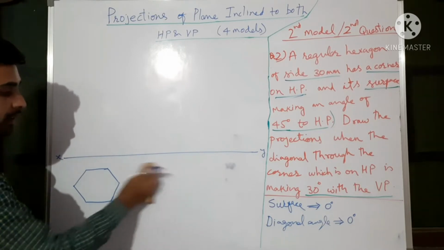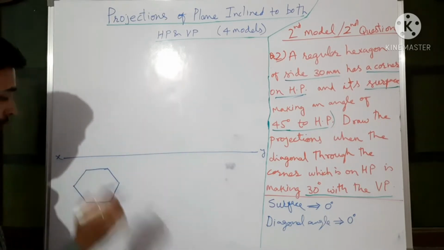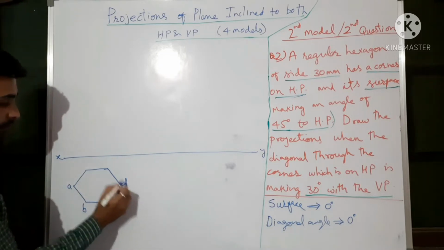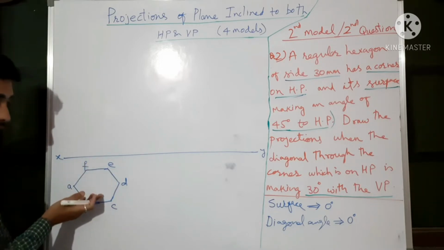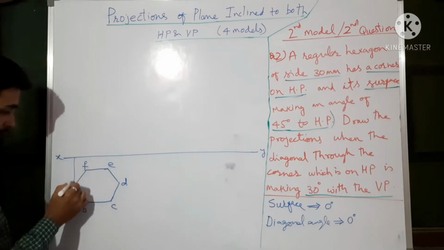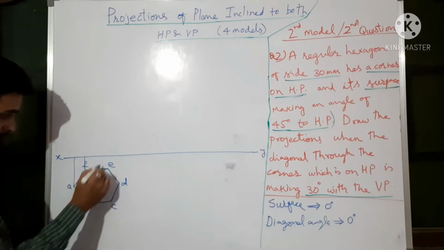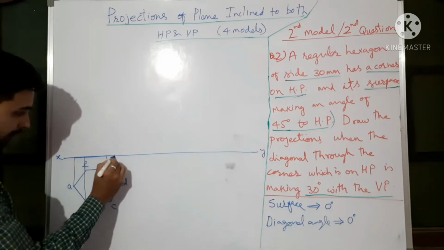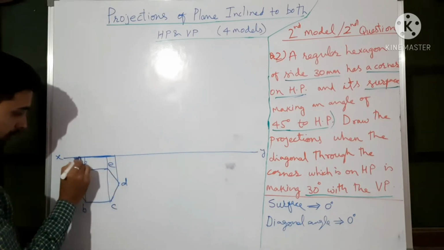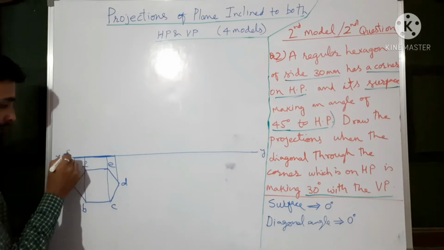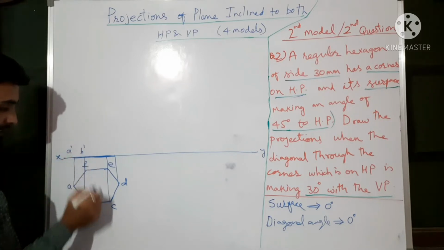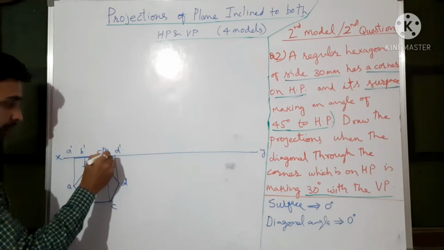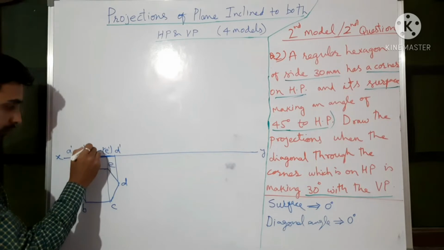What I am erasing now, we have done in the first model. Let us try to complete this. Assuming this A, B, project all the points in the front view, that is vertically upward. Join these, and you will be getting the front view. This is our front view: A dash, B dash, C dash, D dash, after D at the backside E dash, then F dash. So this is the front view.